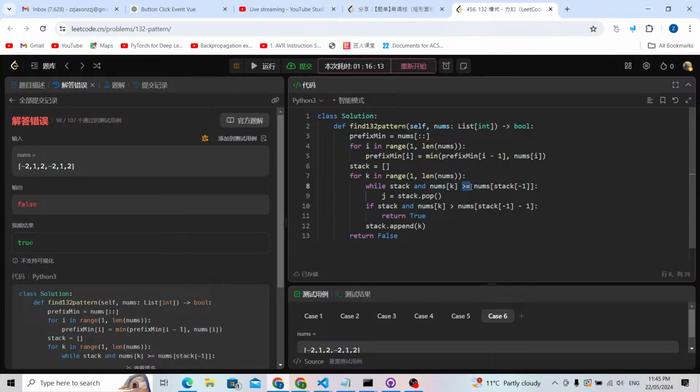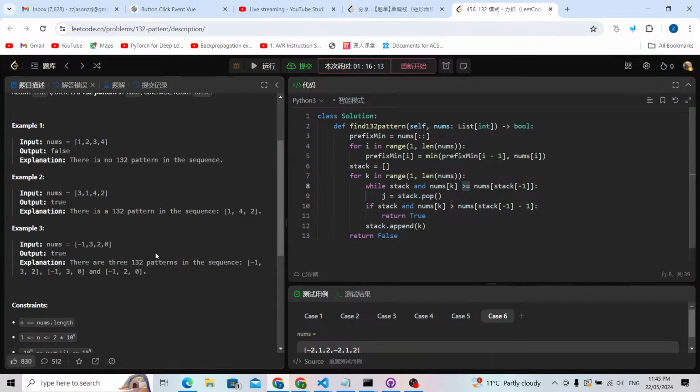And this is more than or equal. Let me still use this example. So this is more than or equal, I'm going to pop it out,